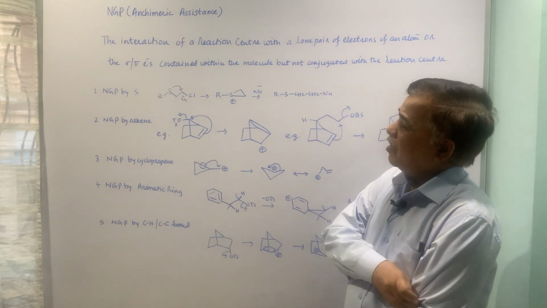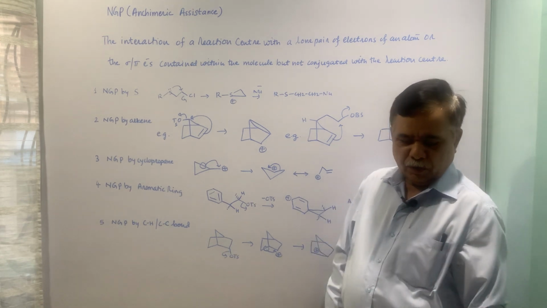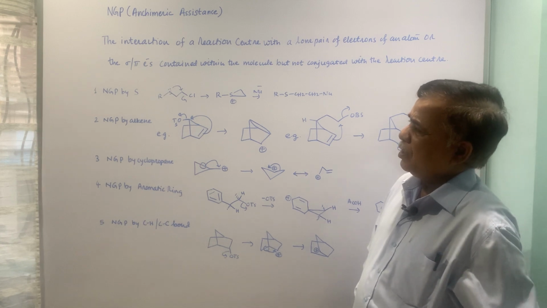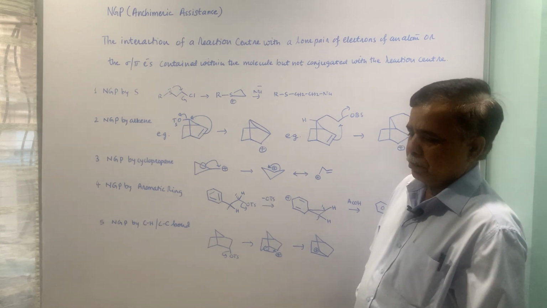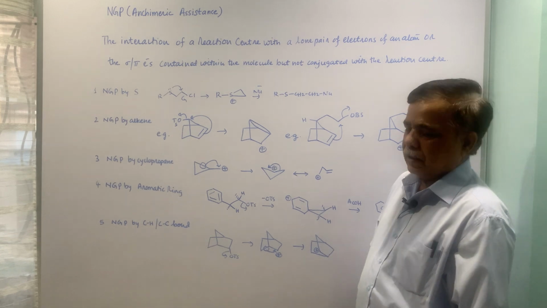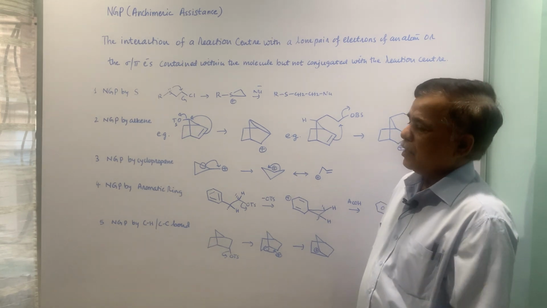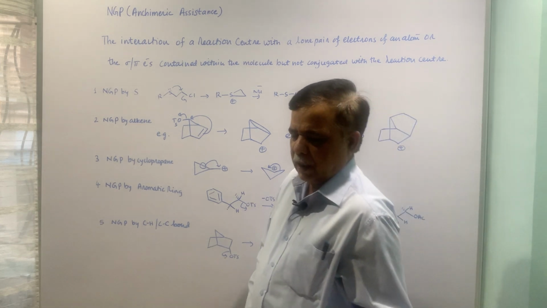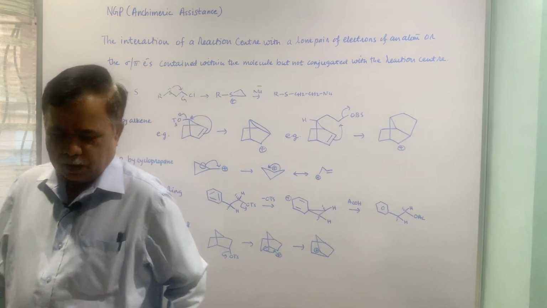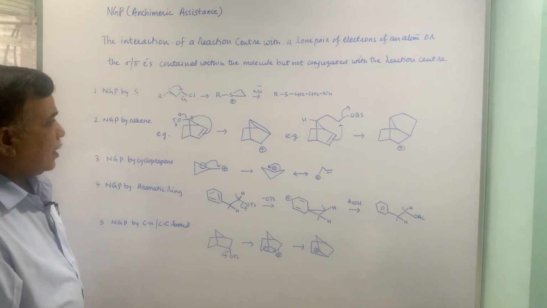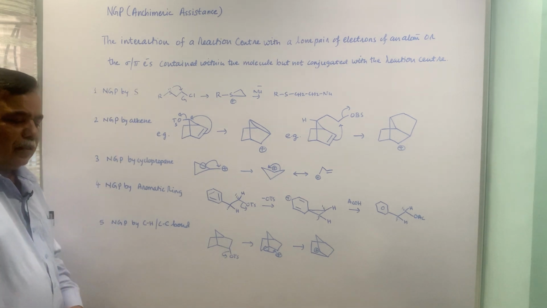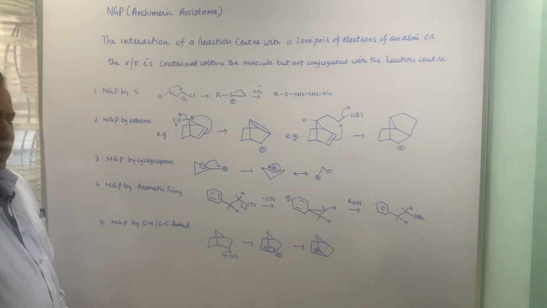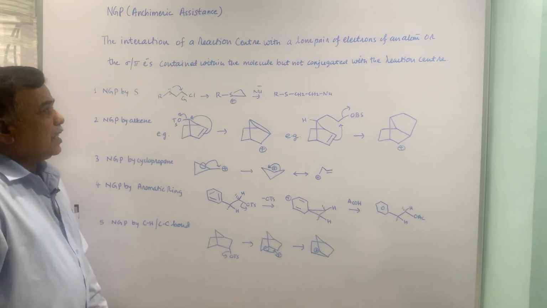Now, from chapter number 1 of section 2, neighboring group participation is the last topic, as I told you earlier. So, today we will see this, and from the next lecture onwards we are going to look at paper solving, where the application part is required more than your basics, but unless you know the basics you can't solve the examples.